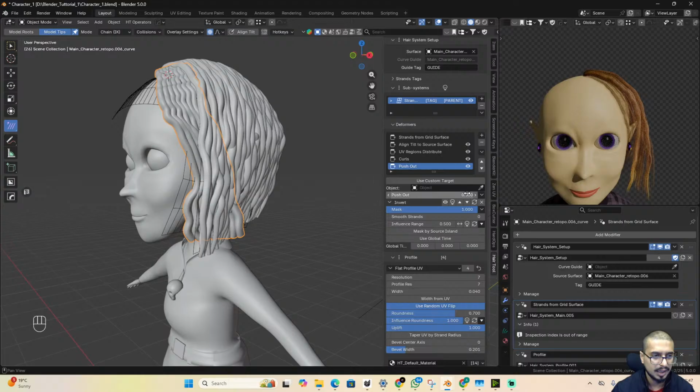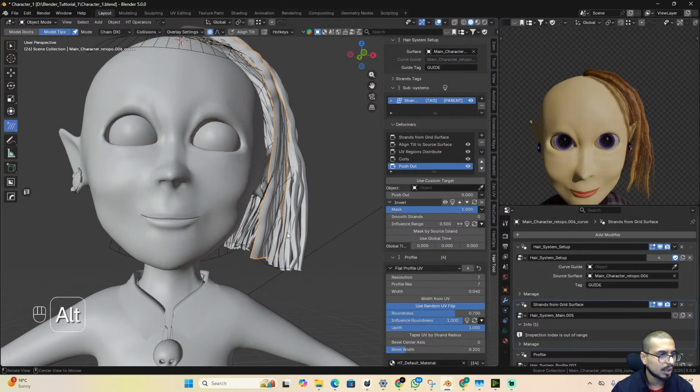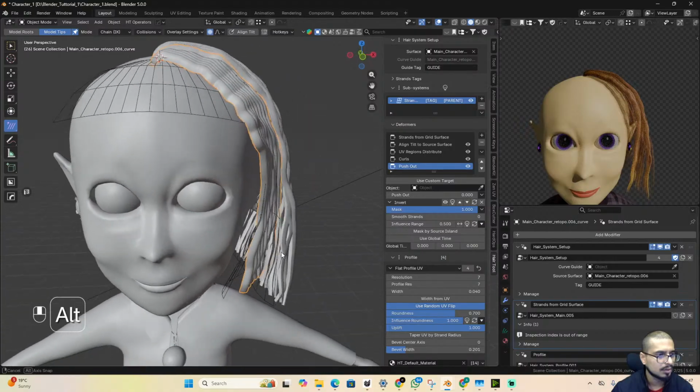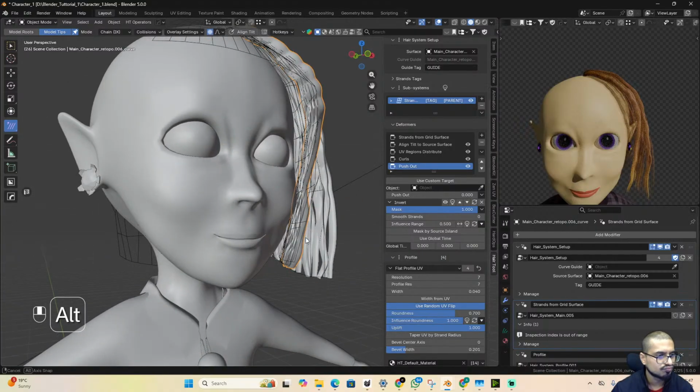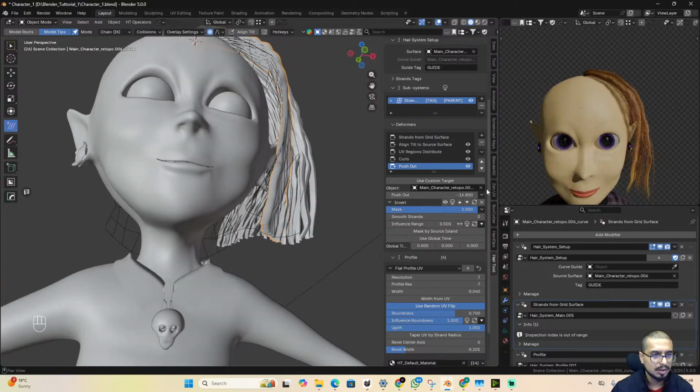Nothing is happening, I guess. Okay, so we need an object to do that. Let me just find out the object first. Okay, this one. And no, nothing is happening, so let's go to 0